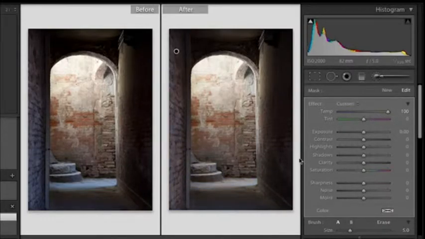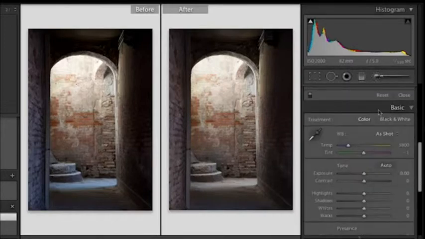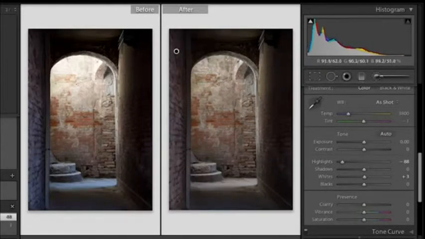Now, I also need to make a few changes to this image on the basic panel, so let's just scroll down a bit, and we'll go to basic. And I want to bring down the whites of my image a little bit and see if that targets the right area. Now it doesn't, so that tells me that this area right here is actually going to be the highlight area. So let's just bring that down a bit. Excellent, now I can see a lot of detail in this area, but I'm missing a lot of detail in my shadow area. So I can bring up the shadows